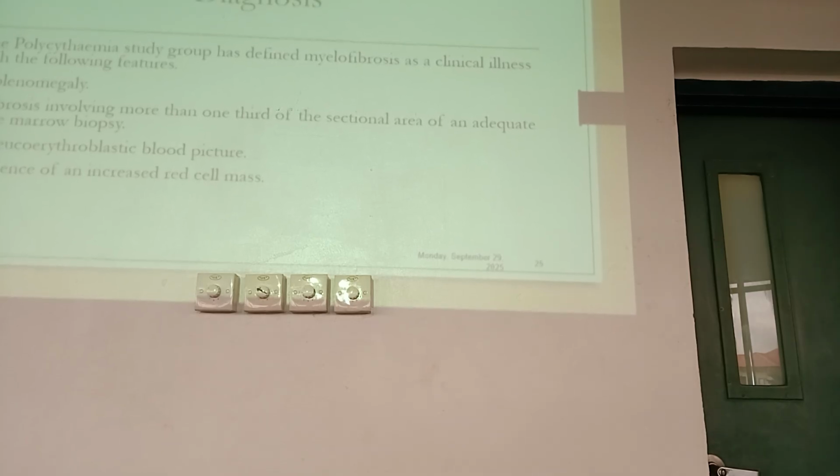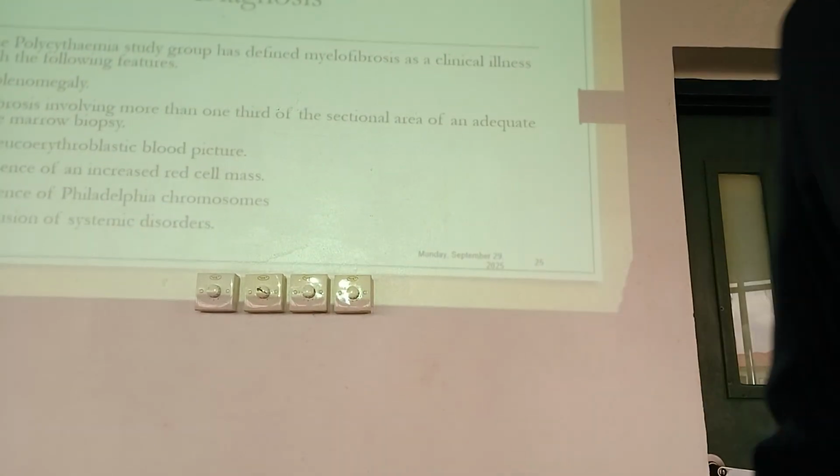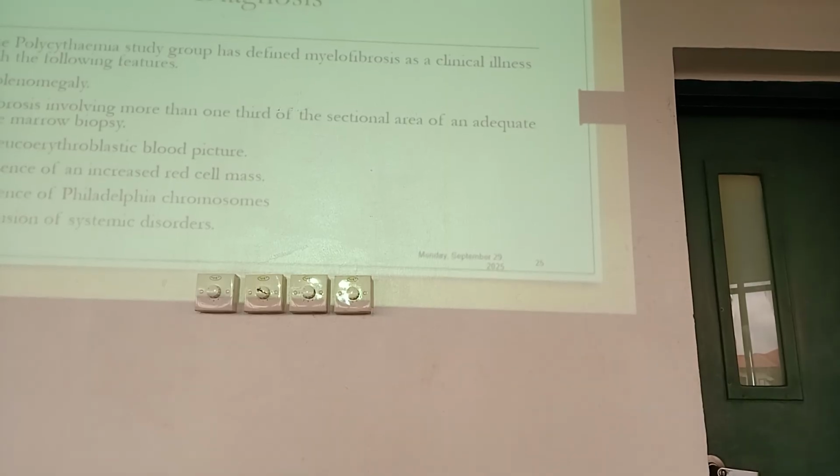polycythemia, because you have to rule out polycythemia. There is no increased red cell mass, and there is no Philadelphia chromosome, no BCR-ABL. You have to be sure that you are not dealing with CML, that can also present in a similar way, or that you are not dealing with polycythemia. Okay, and then you have to exclude other causes of massive splenomegaly. Anything that can cause it, you have to be sure they are not there